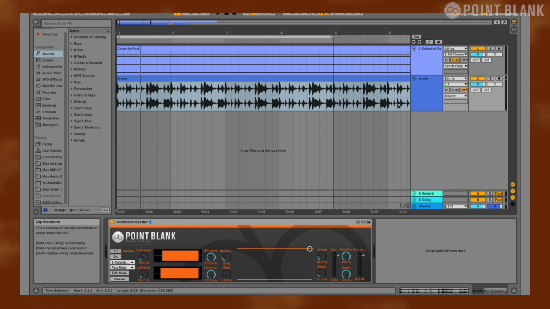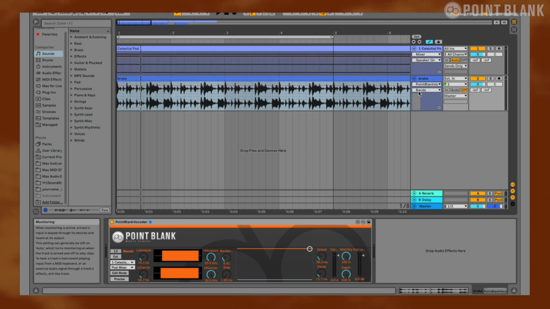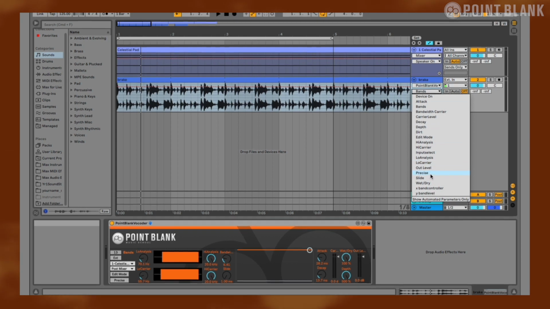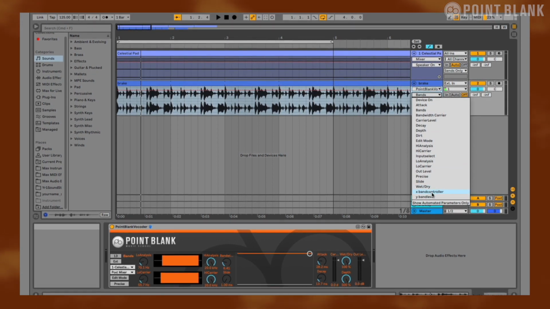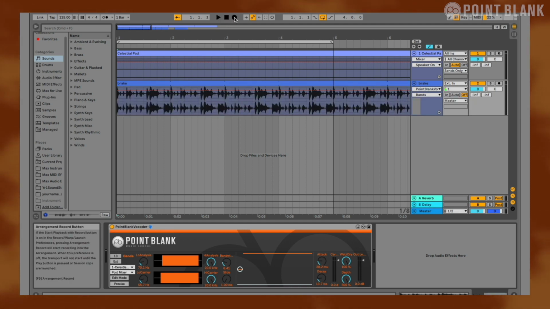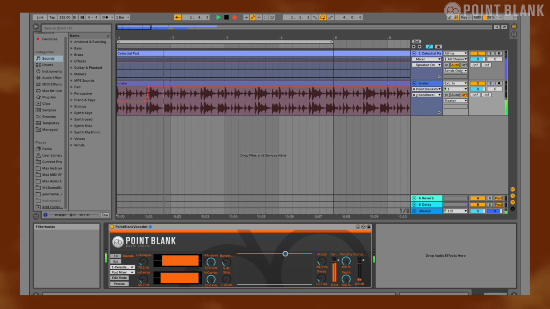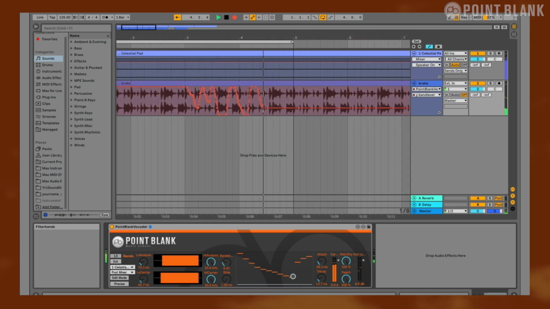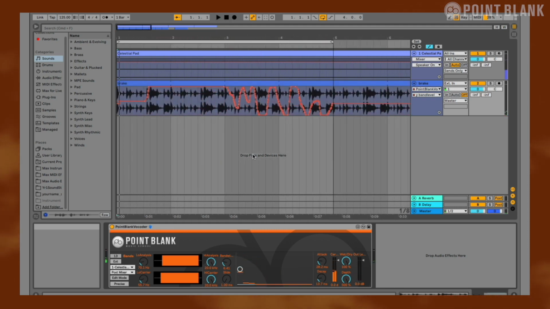If you want to automate the vocoder, then you've got a whole range of parameters available to you. The only one which is slightly quirky is how you control the bands. Okay, so it's not the individual faders, it's the actual XY controller is what you're automating. Okay, so if I just come back here, click on record, and depending on what you're doing, it may be sensible to reset just across the top before you start automating. Depends what mode you're in, really. But there you go. You can now see